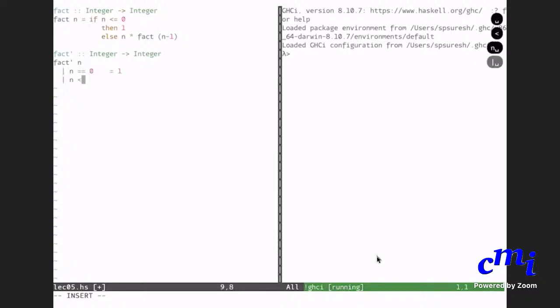n less than 0 means the value is n times fact prime of n plus 1. And at this point, you can either say otherwise or n greater than 0. I will say otherwise.